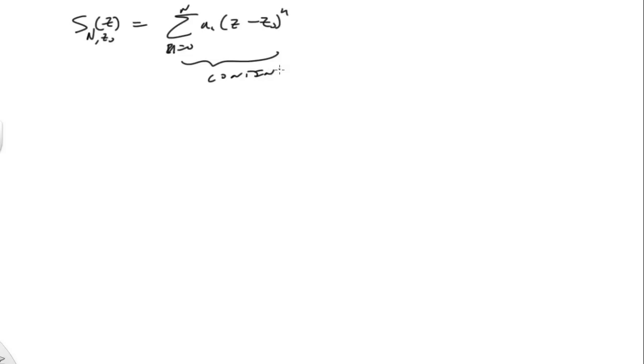So another result is, of course, what about S_N? S_N of z evaluated at any point is going to be a finite sum, n equals 0 to N, a_n times (z minus z naught)^n. And this is, of course, a continuous function, because each of its constituent parts is continuous. This converges to S of z at z naught, which is going to be the infinite sum.